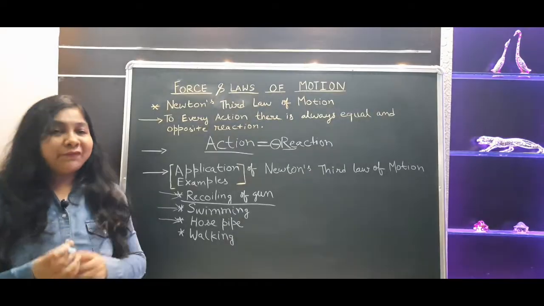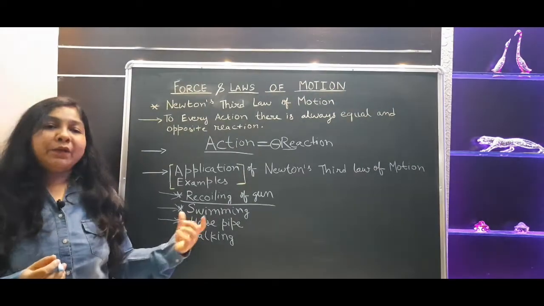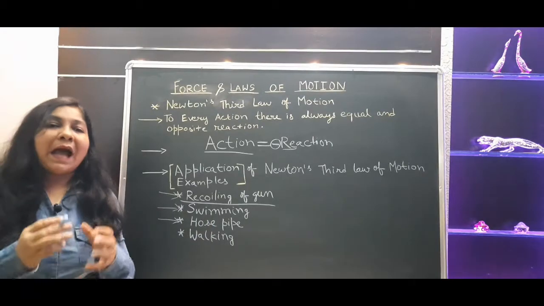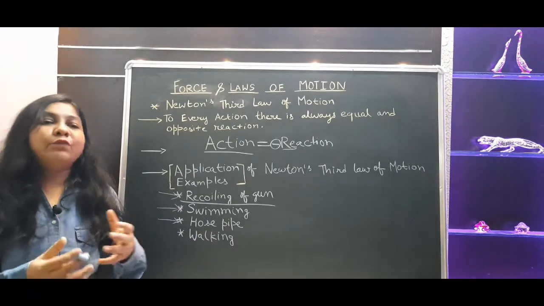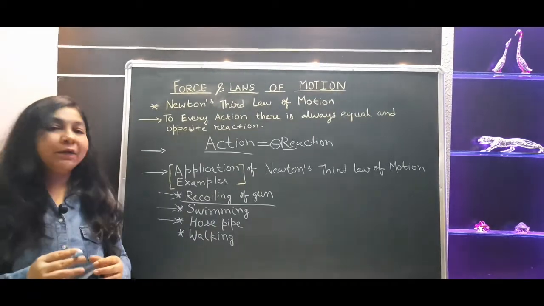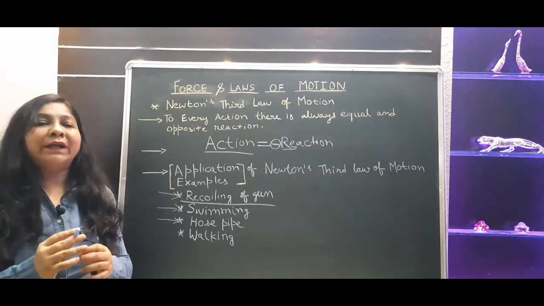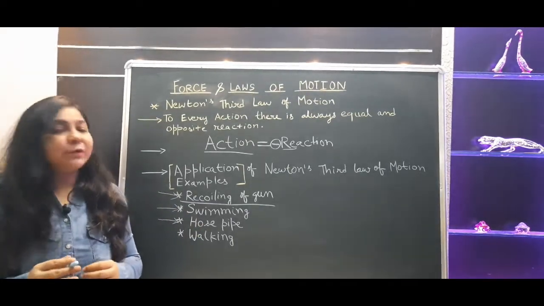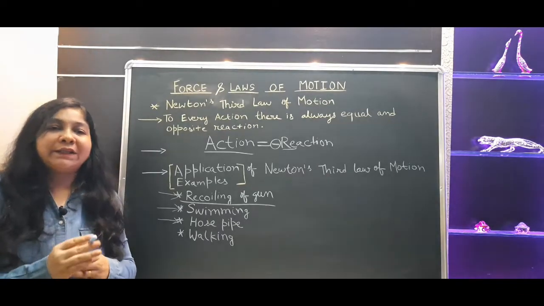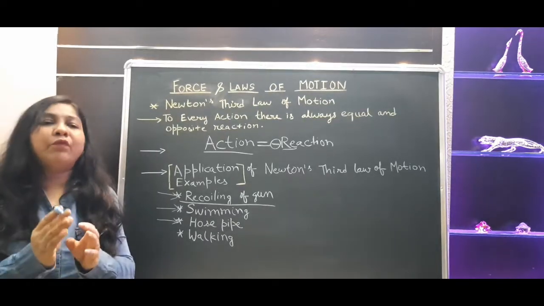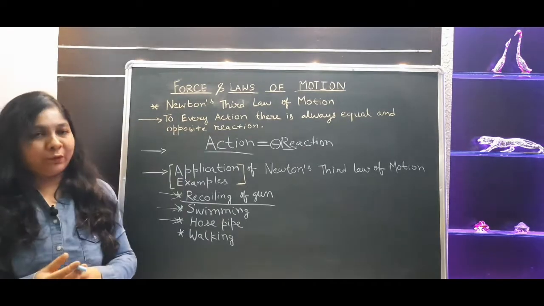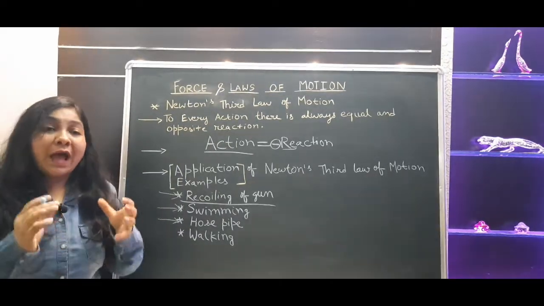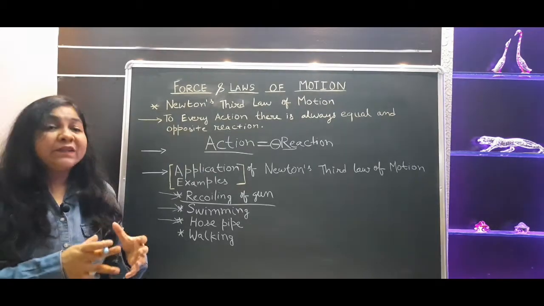To extinguish fire, firemen use a hose pipe. Because of this hose pipe, we are able to release water forcefully, and the force of the water moving from it is very, very high. So the water moves in the forward direction, and we can direct that stream of water to a certain height also.